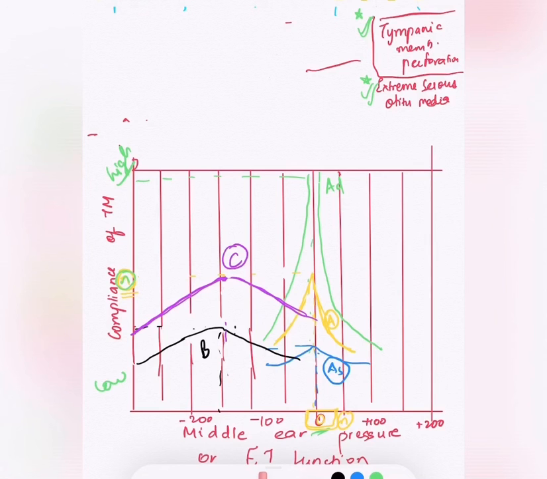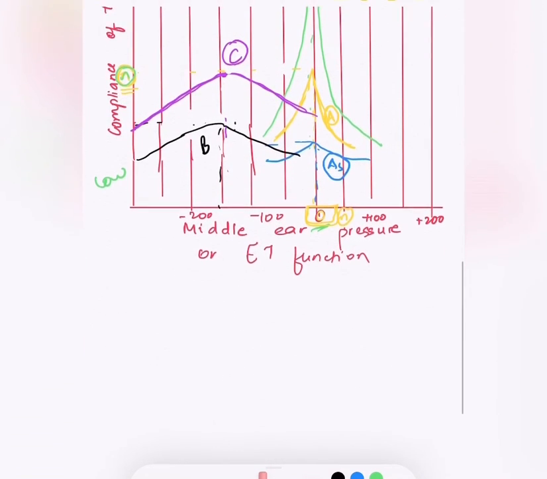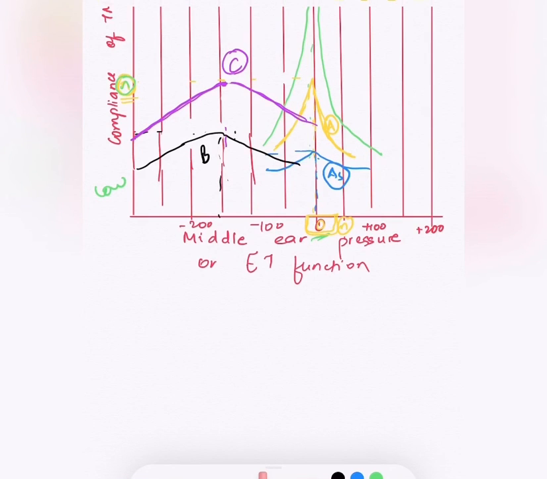Fine, so let us go to the one question. Okay, a young man met with an accident leading to loss of hearing in the right ear. On otoscopy, tympanic membrane was intact. The pure tone audiometry showed AB gap of 55 decibels on the right ear with the normal cochlear reserve. Which of the following is the probable tympanometry finding?